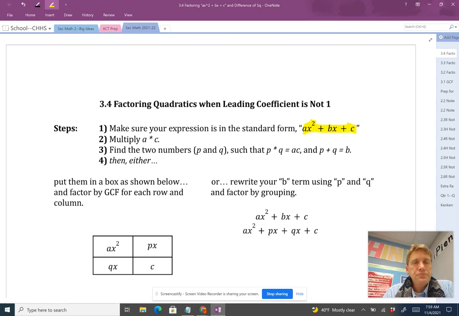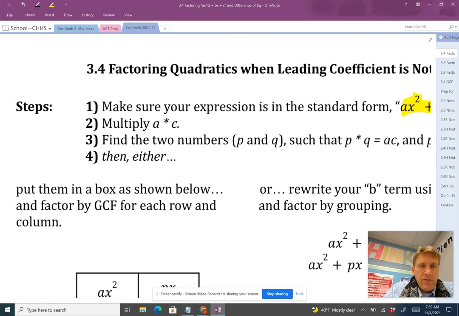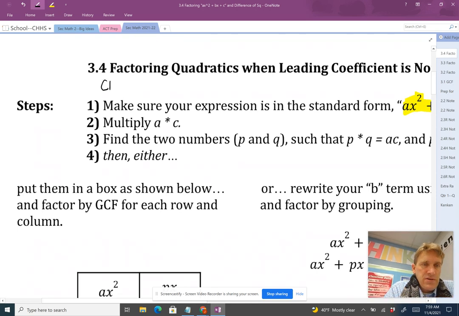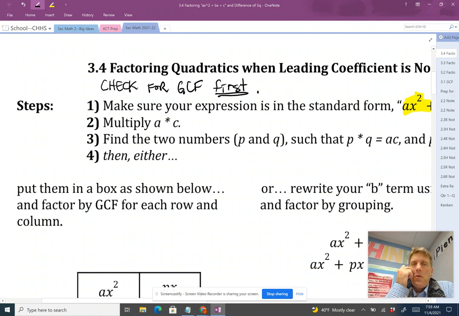sort of trinomial. I didn't include this here in the notes, but I wanted to say the first thing you should do is always check for greatest common factor first. If there is a greatest common factor, you want to factor that out, and then with whatever's left, take a look to see if you can use another factoring strategy such as this one that we're going to